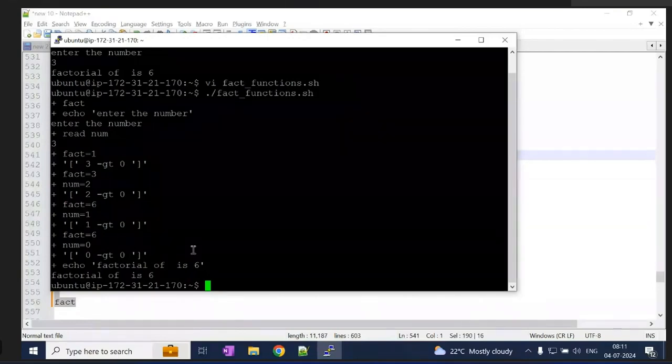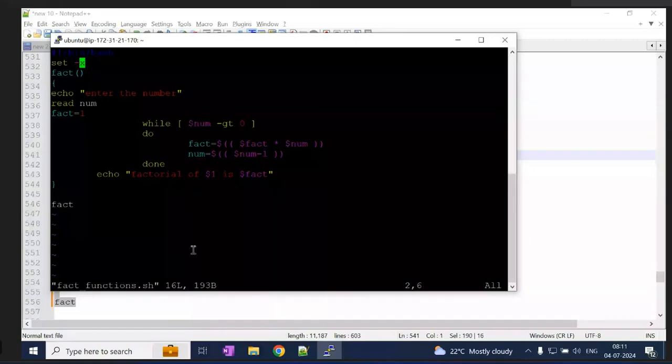Ajit, it's not a doubt, but a clarification. In arithmetic expansion, I don't think the spacing matters, right? You're talking about space in the arithmetic expansion, where you do num into fact.